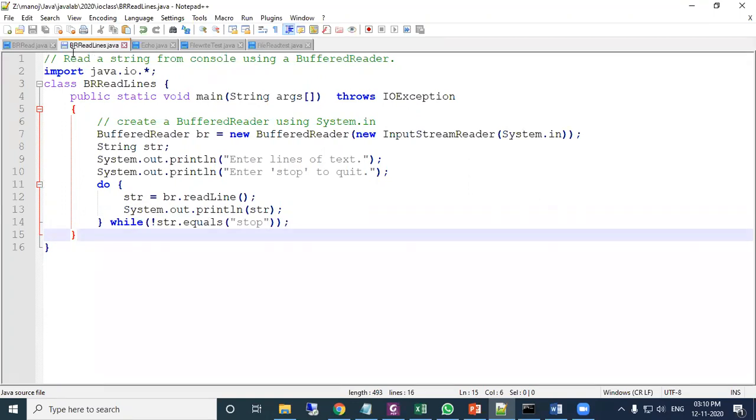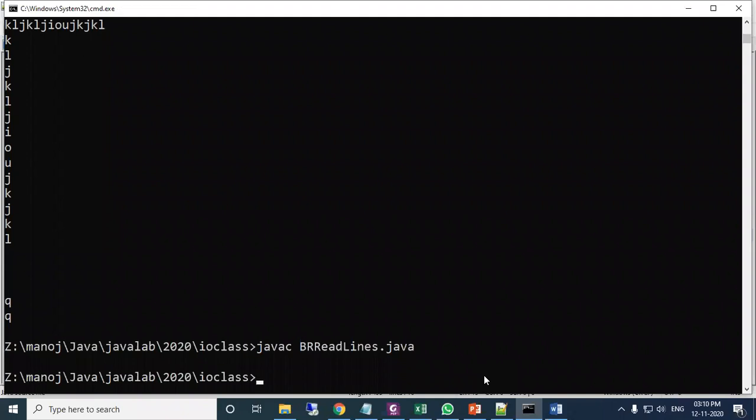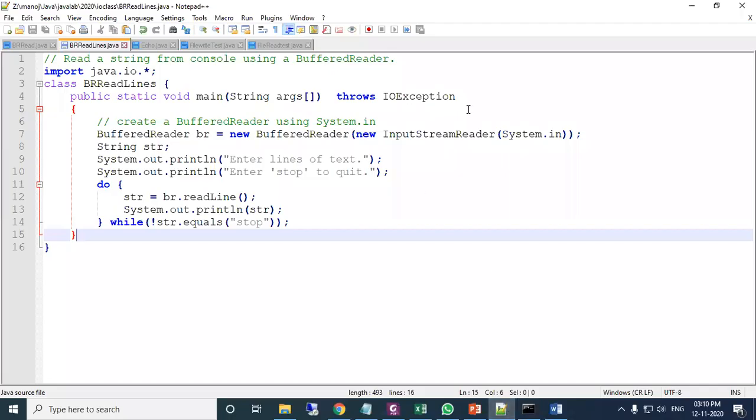So let us see the program, BRReadLines.java. It shows two messages as per the program: enter lines of text, enter stop to quit.